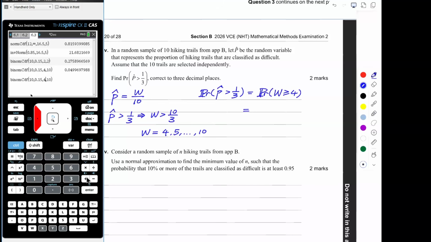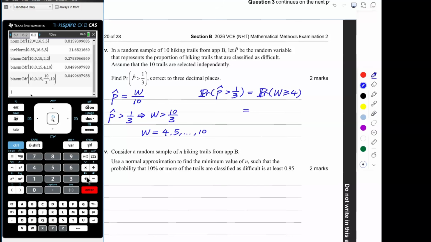Or you can even use a fraction like 10/3, giving you the same value. So that's 0.04999697. Round it to 3 decimal places,